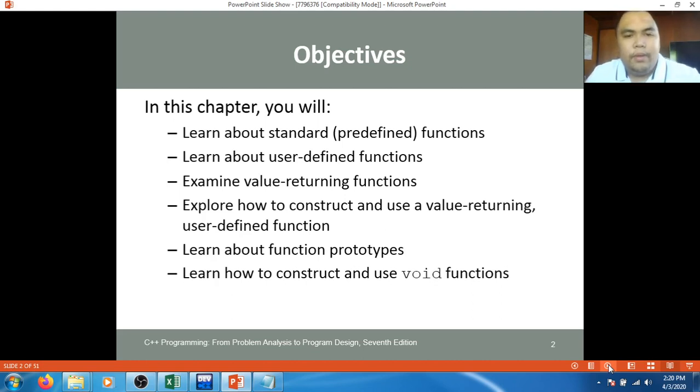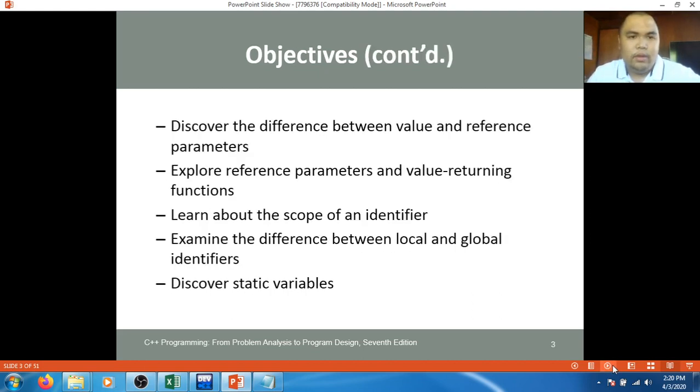You will be learning about the user-defined functions as well, examine value returning functions, explore how to construct and use a value returning or user defined function. You will also be learning about function prototypes and also how to construct and use void functions. You will also discover the difference between value and reference parameters, explore reference parameters and value returning functions,